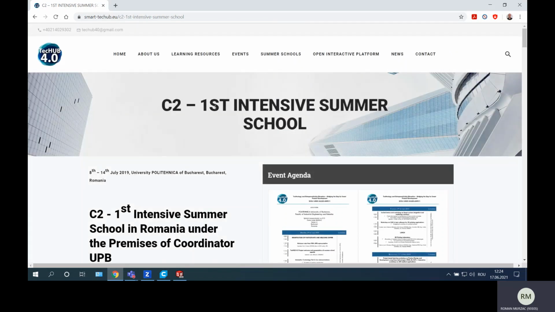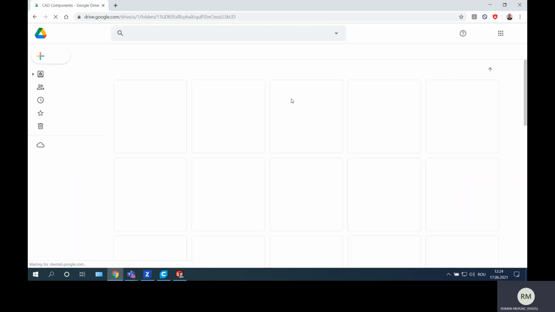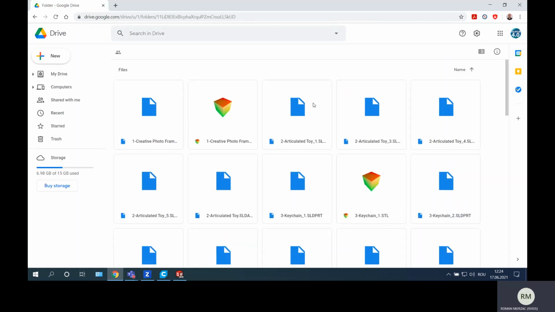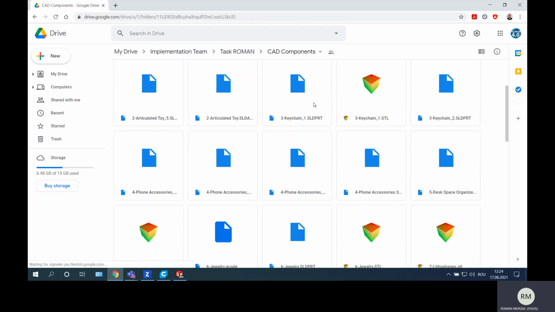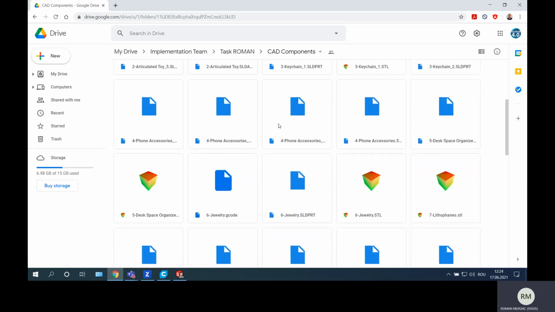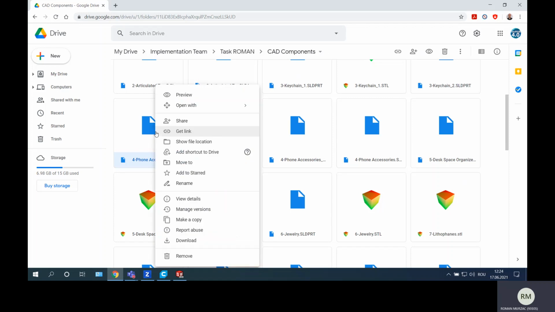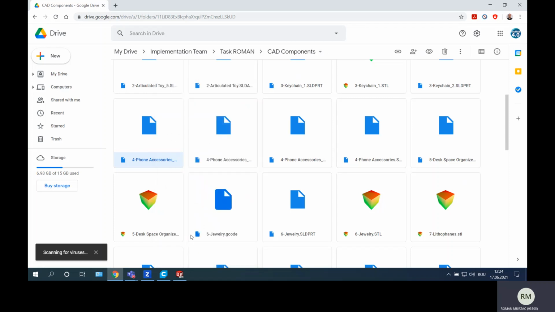So I go on the website where we have been many times and look for the fourth product, and the fourth product we see is the phone accessories. And also, like the second product, I think the phone accessories are available just as SolidWorks native files. So we just download these files, we'll open them in SolidWorks and